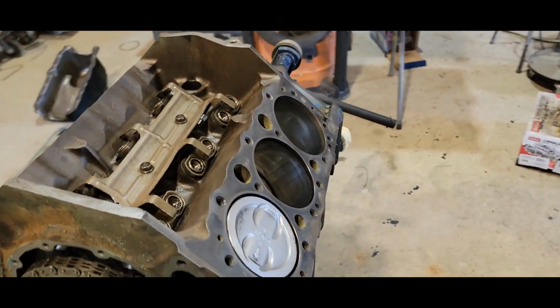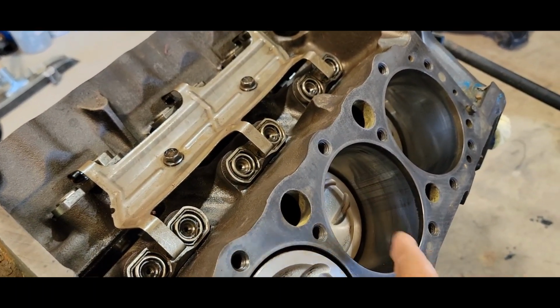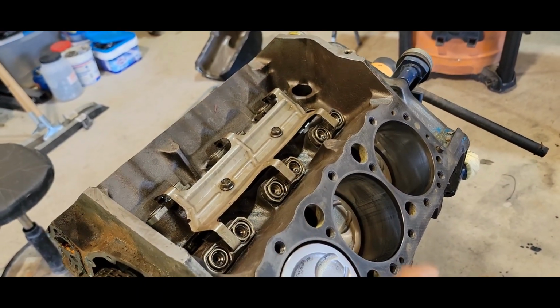I'm hoping I can really save this engine. I noticed this side right here has got a little bit of scarring on it, but I can't feel it with my nail. So later on, after we get it all put together and situated, then we'll go ahead and just put something